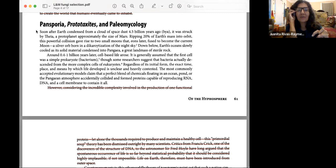Soon after Earth condensed from a cloud of space dust 4.5 billion years ago, BYA, it was struck by Theia, a protoplanet approximately the size of Mars. Ripping 20% of Earth's mass into orbit, this powerful collision gave rise to 2 small moons that eons later fused